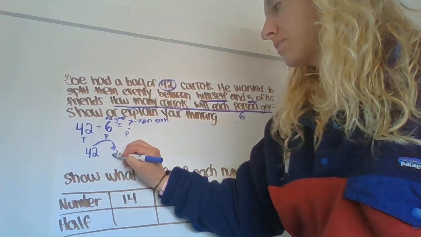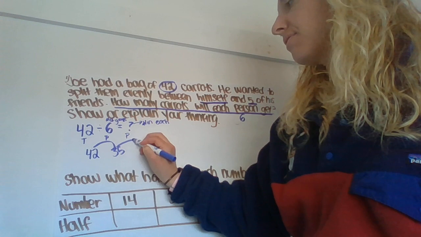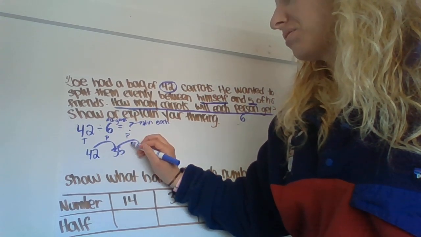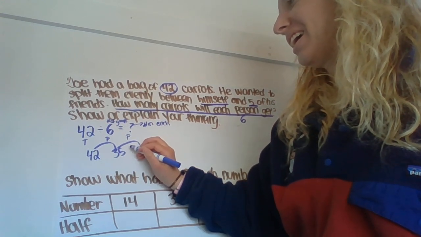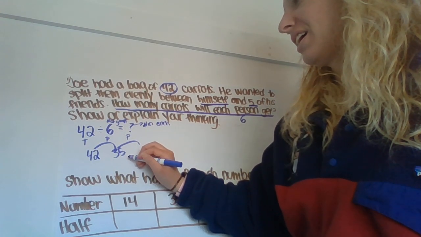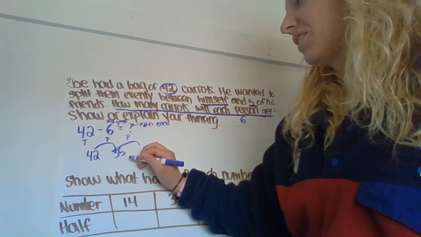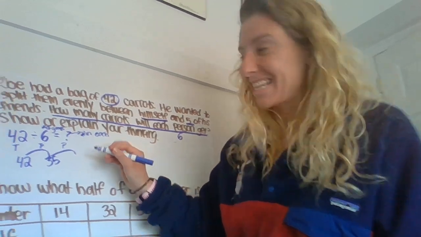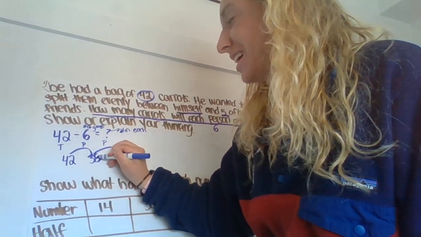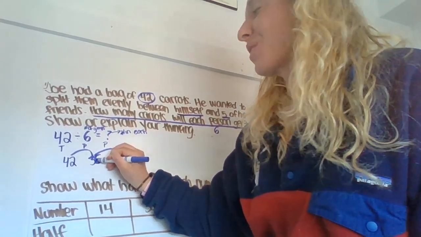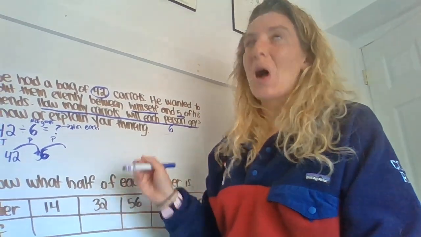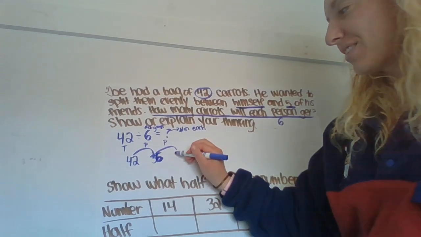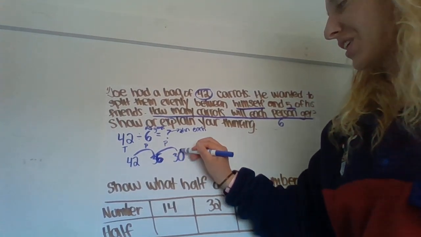42, 35, sorry. I totally messed that up. I need to go backwards by 6s. So 42 minus 6 is 36, not 35. I'm so sorry. 42, 36, 30,